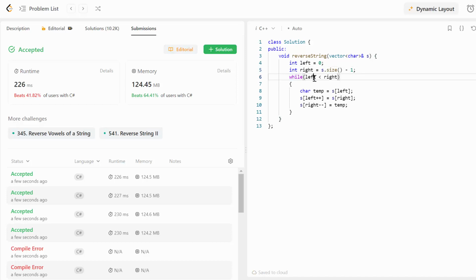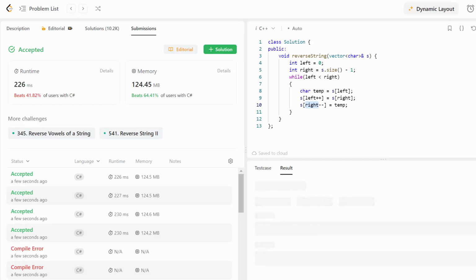And while the left pointer is smaller than the right pointer, we need to use a temporary variable to store our left element of our vector. Then we assign the right element to the left element and increase our left pointer by 1. And on the next step, I assign our temporary variable to our right pointer and I decrease the right pointer by 1.